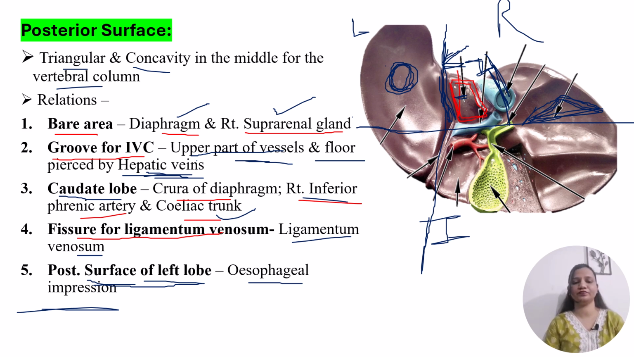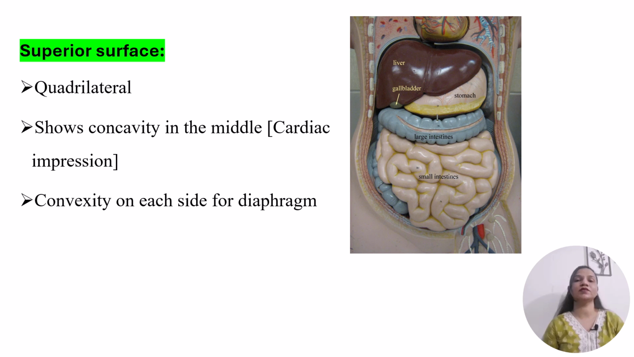Moving on, the next one is the superior surface of the liver, which you can appreciate here in this model. The superior surface is quadrilateral in shape, unlike the anterior and posterior surfaces, which are triangular in shape. And the superior surface shows a concavity in the middle, and this concavity is for the cardiac impression, because